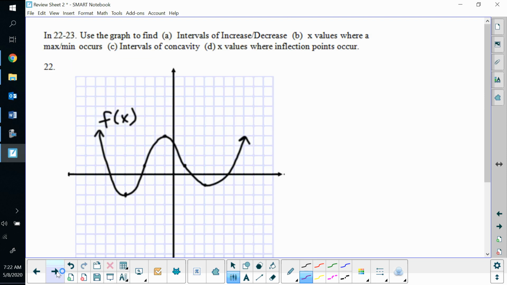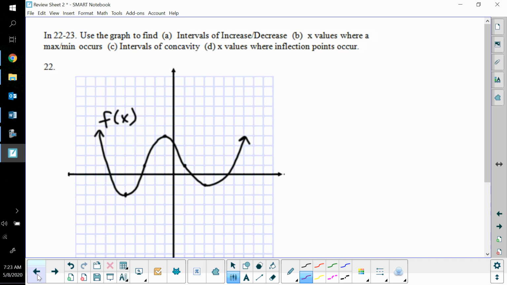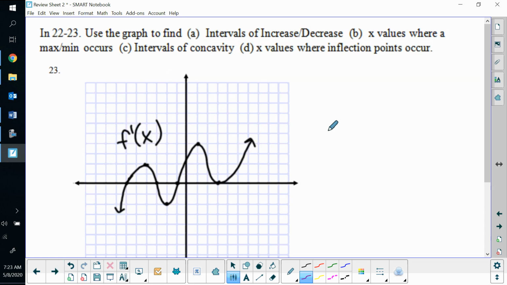All right, and we'll finish off this video with 23. We're going to find intervals of increase, decrease, the x values of maxes and mins, intervals of concavity, and x values of inflection points. Always look and see what type of graph you're given first. We've got an f prime graph. Notice in 22 it's an f graph, so you'll be looking for different things. So in an f prime graph,